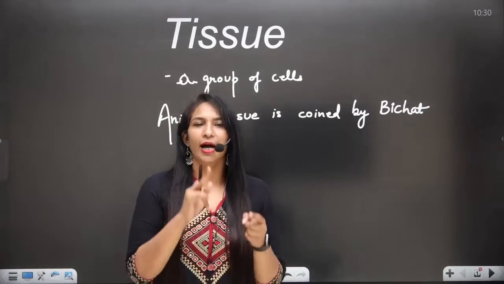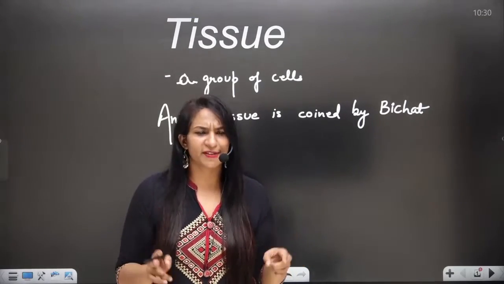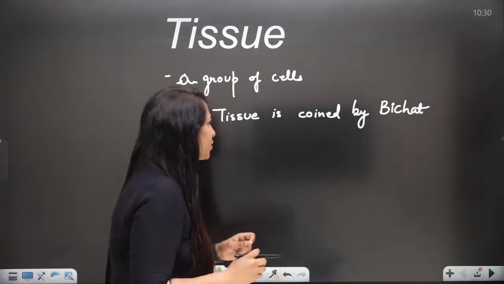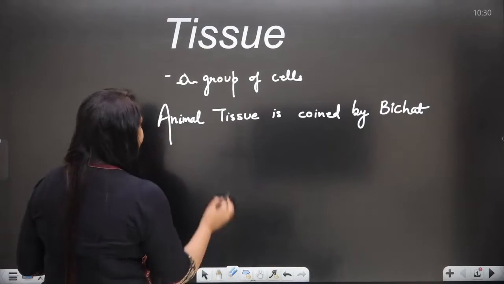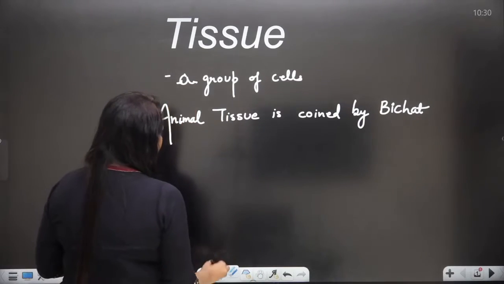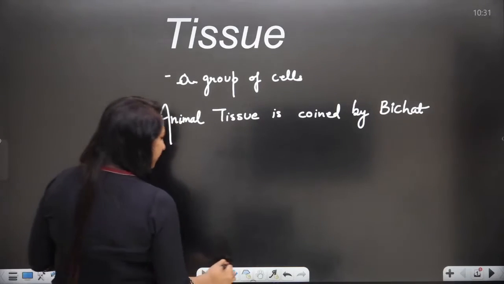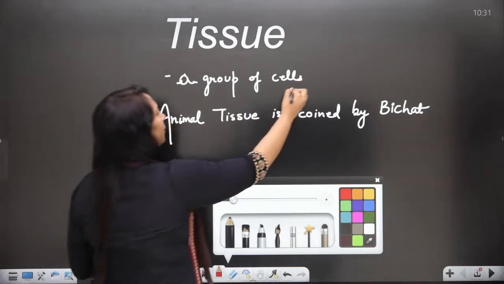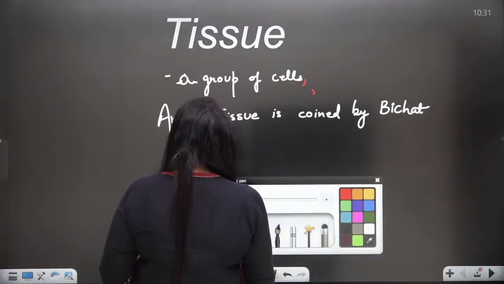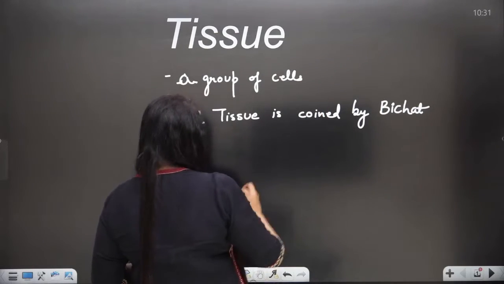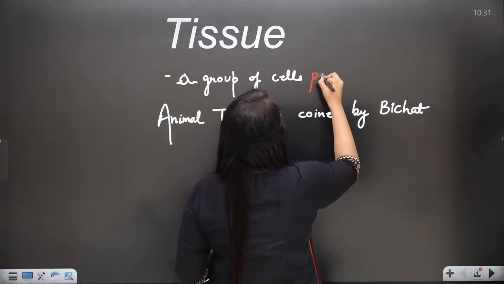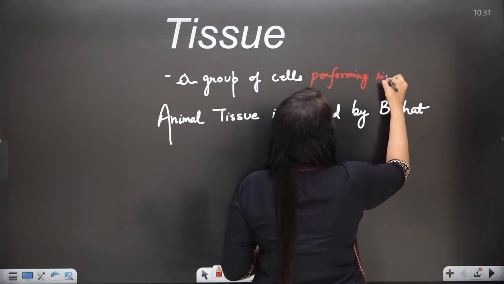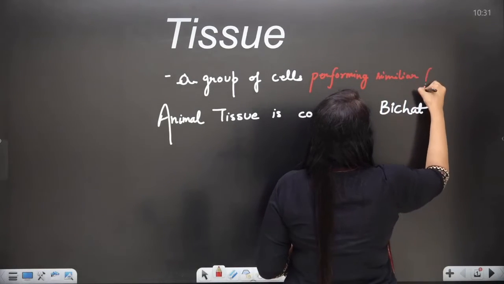Clear? So a group of cells is called tissue. A group of cells having similar function and common origin is called tissue. So अगर मुझे tissue की definition देनी हो, मैं दोबारा repeat कर देती हूँ, तो मैं क्या बोलूँगी? Tissue is a group of cells. Other than group of cells, मैं और क्या बोलूँगी बेटा? The properties. अगर मुझे tissue की property बोलनी हो, मैं बोलूँगी it's a group of cells. ये लिख लो बेटा, it's important. आपको tissue की definition पता होनी चाहिए. It's a group of cells performing similar function